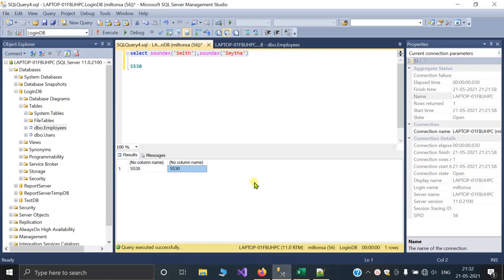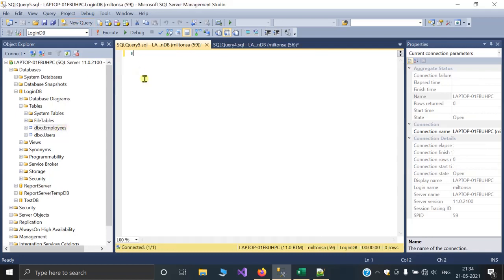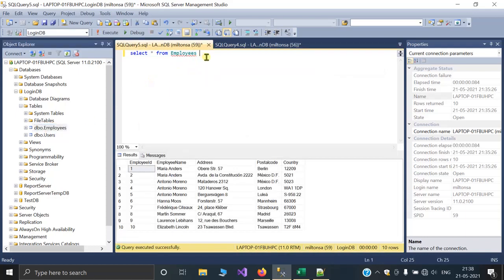Let's see how to find duplicate records from the table. Here I am going to write a select query from the employees table. SELECT * FROM employees. Now it's time to use the SOUNDEX function to get duplicate records of employee name.